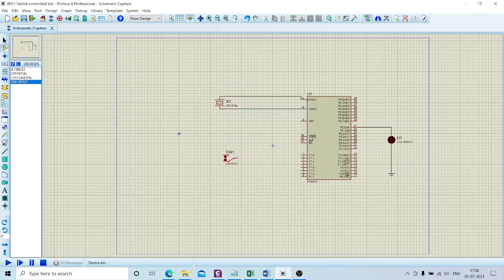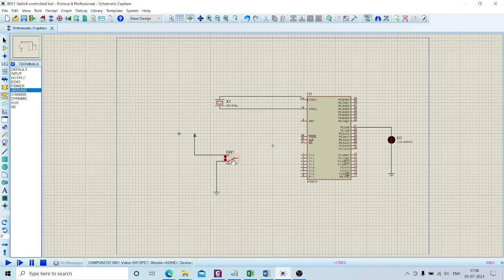and I want to take the power. So select this and select power and place it here. So through this 5 volt will be coming, which means logic 1. So logic 1 is applied to the particular port, and I'm going to connect ground. So the other point is connected to the ground.